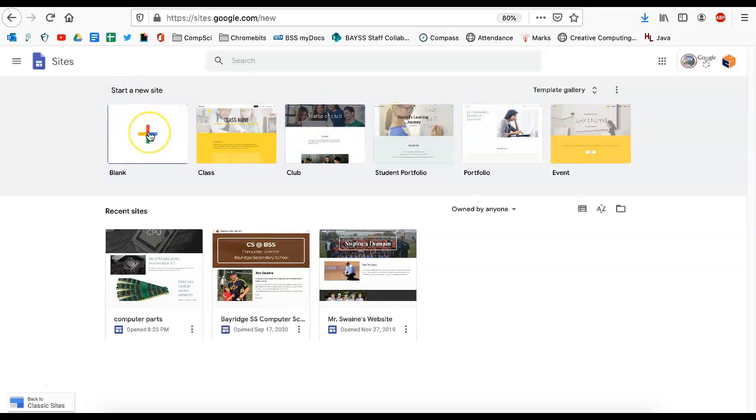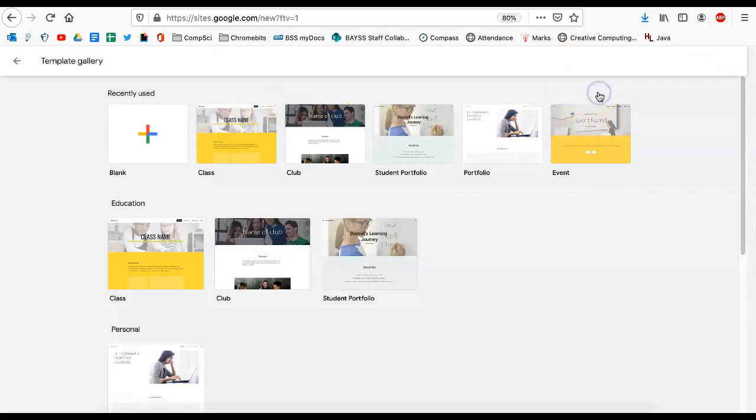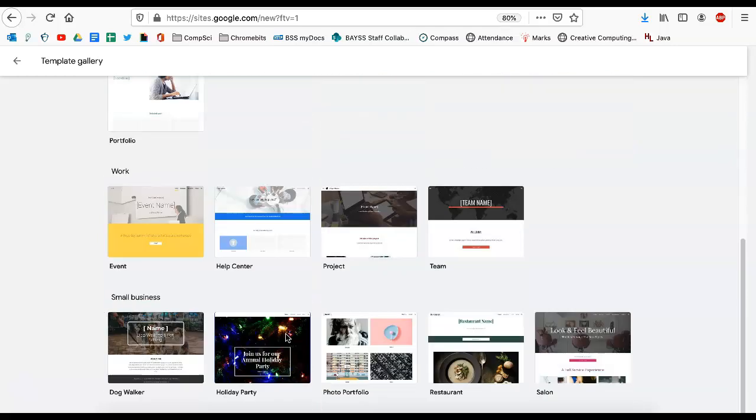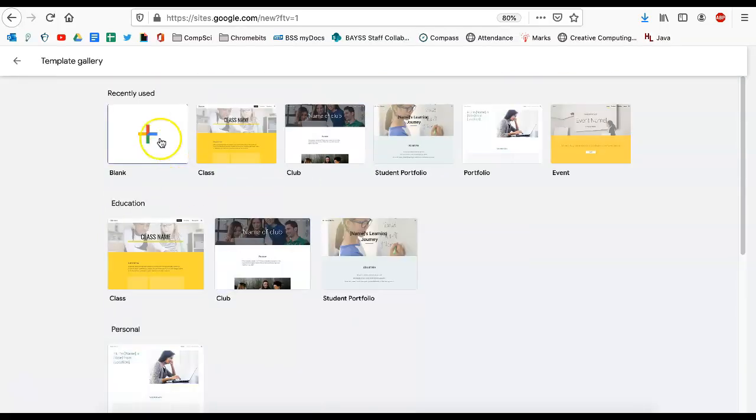Typically, I like to start with a blank site, but there are also these template sites where you can start with one that looks like that or this, and you can see there's a template gallery here, and I can go and look for even more. And you can see there's quite a few, but for me I'm going to start with a blank site. So I click on blank,